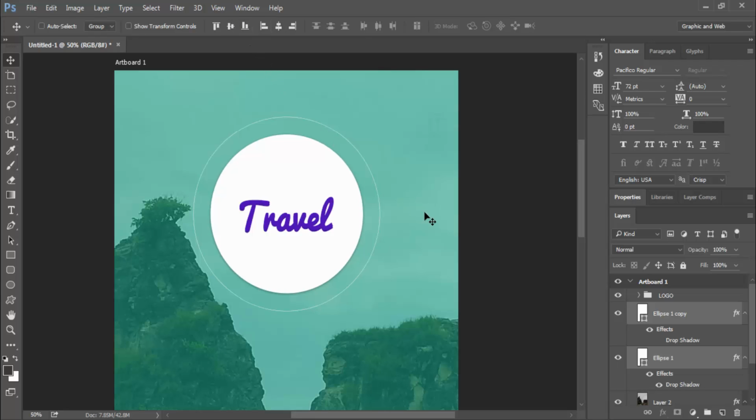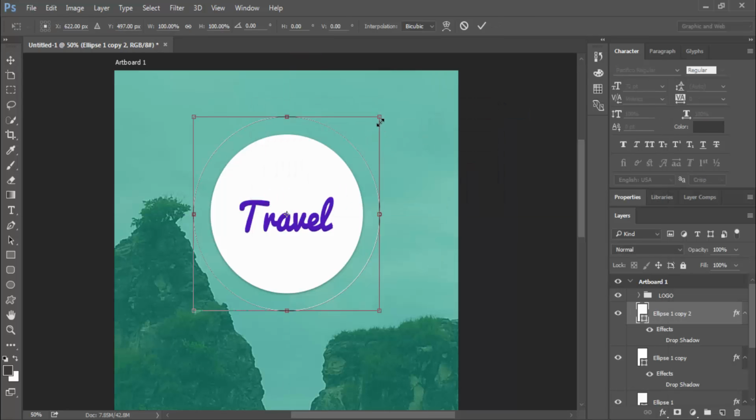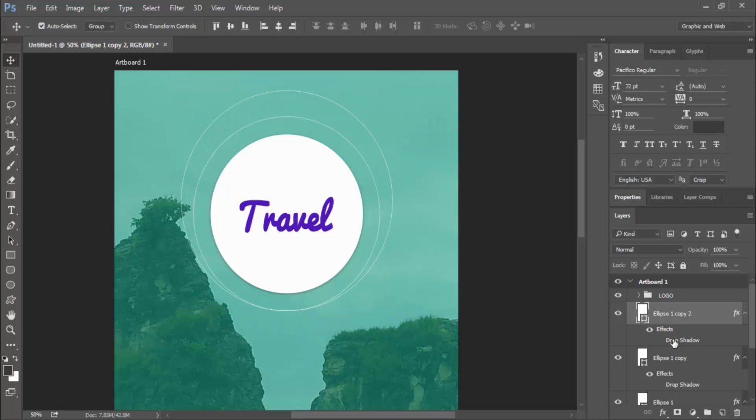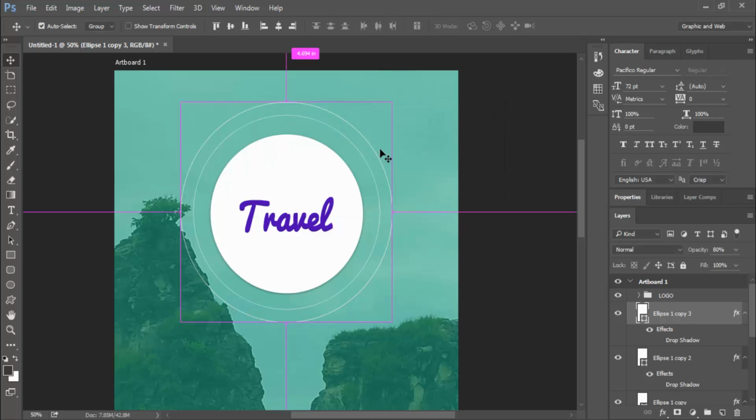Okay, and we can duplicate again, resize, and make it centered. Okay, and now go to opacity, 80, and we can duplicate again for the last ellipse.